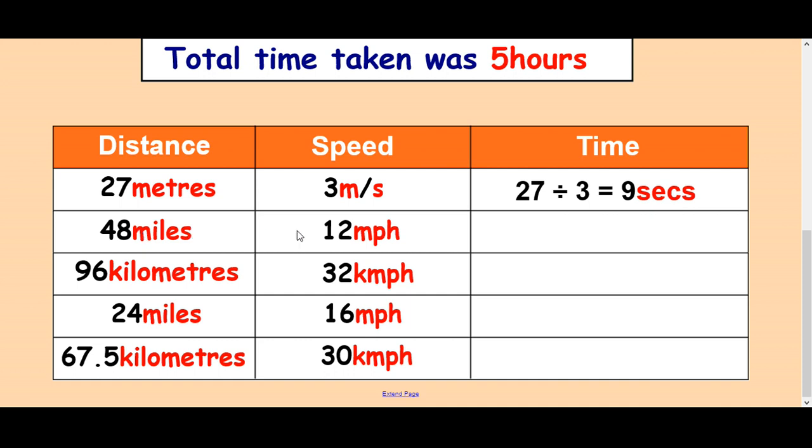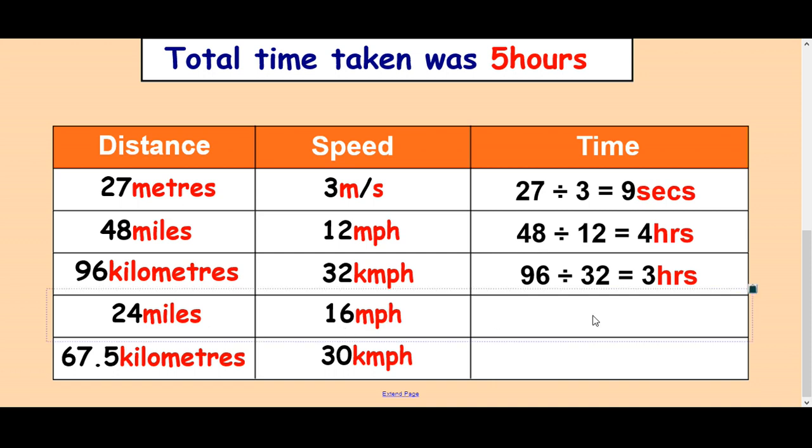So 48 divided by 12 in the second example, well that's 4, but because it's in miles per hour, the speed, our time unit is hours. Again, 96 divided by 32, that's 3, but we're in kilometres per hour, so hours. A wee bit harder here, 24 divided by 16, well that comes out to be